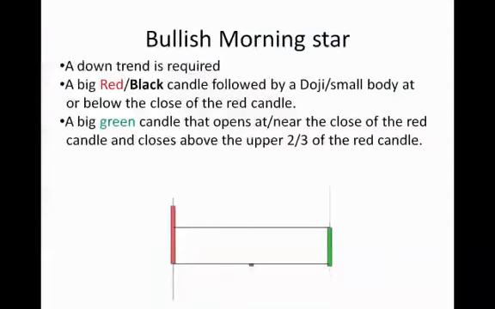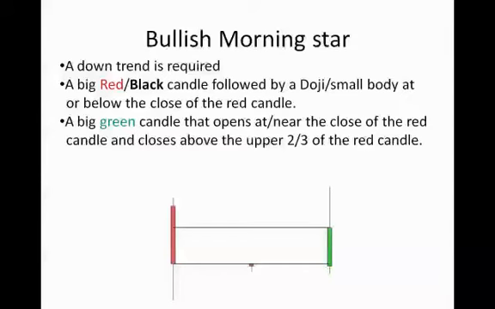The next slide is going to show my favorite candle pattern of them all. It's called the bullish morning star. A few more rules to this one. Firstly, a downtrend is required. You need to have a downtrend for these to occur. The first candle is the big red candle. If you're using black and white, then it would be a big black candle,